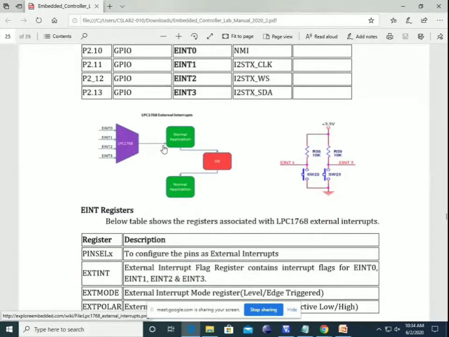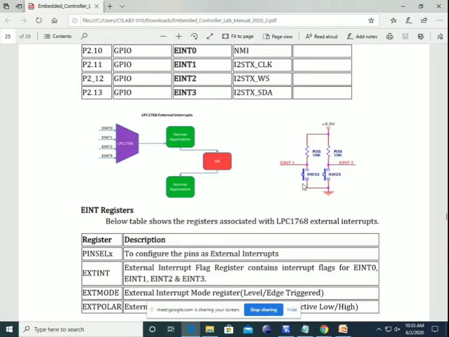So we know that for every interrupt we have an ISR, an interrupt service routine. Generally, the main program, the normal application, will be running. When an interrupt occurs, it will stop the normal execution of the program and jump to the ISR corresponding to that interrupt. After completing the ISR, it will come back to the normal program which was running earlier. So here we have four interrupts. So interrupt pins are connected like this.